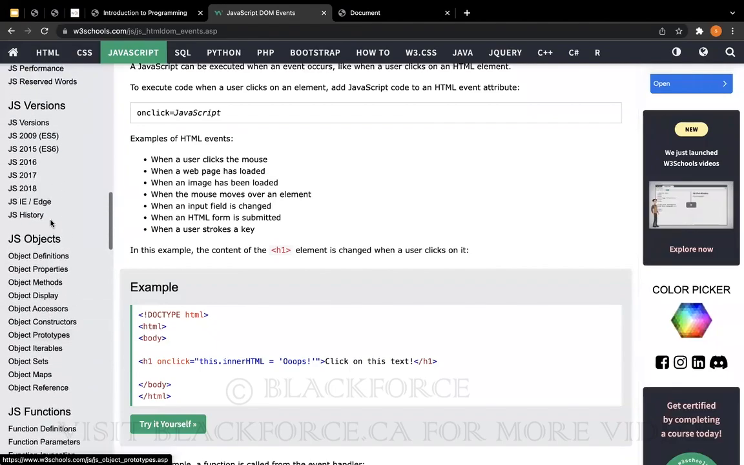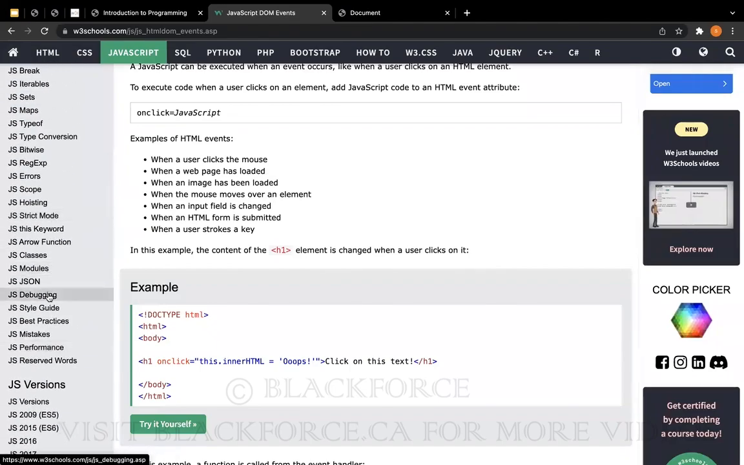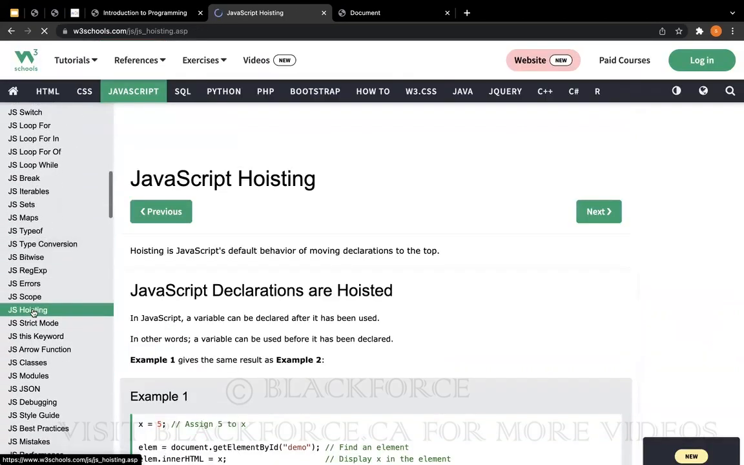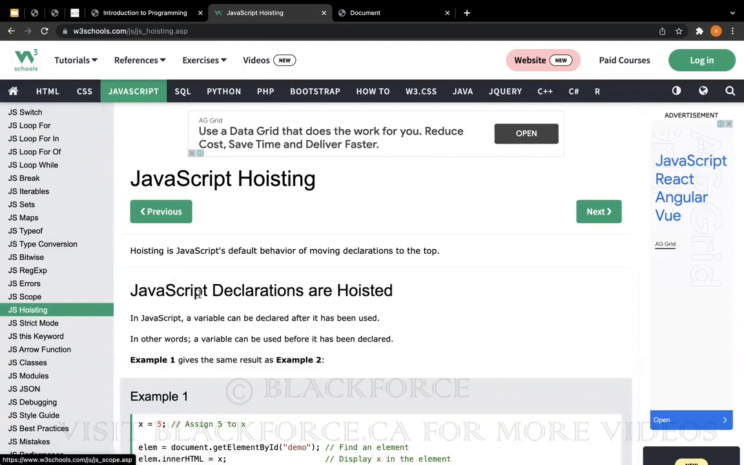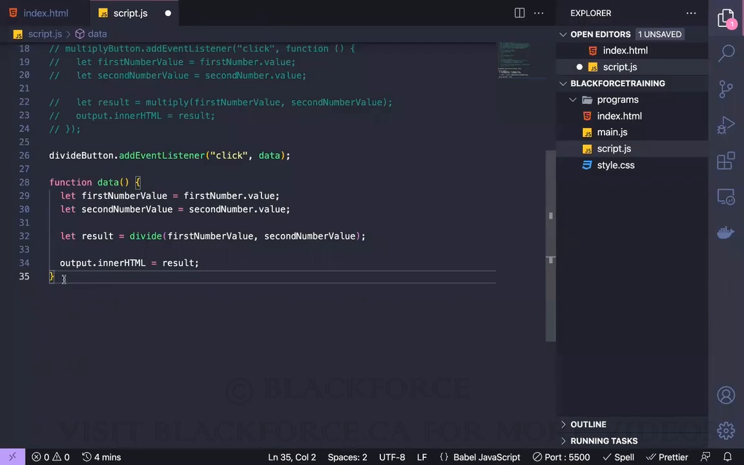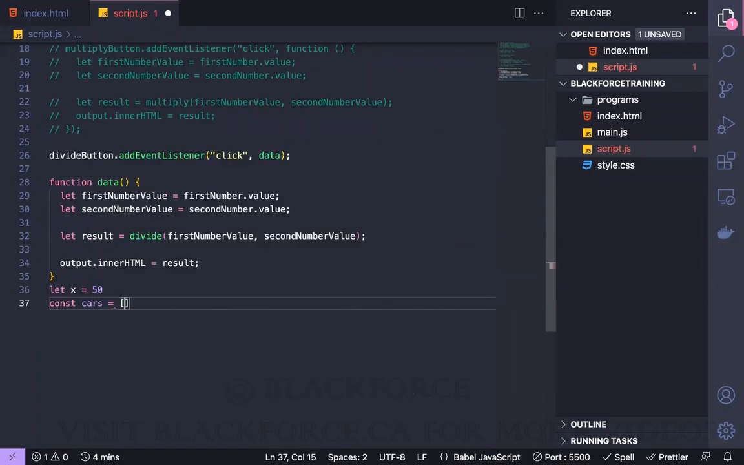Yeah, so thanks for that question. Like you said, it's a very fundamental question. So there's what we call hoisting in JavaScript. I think I didn't talk about it. It's called JavaScript hoisting. Hoisting is JavaScript's default behavior of moving declarations to the top. So if I come here, even if I declare 105 variables, let x equals 50, declare an array, const chars equals, and so on and so forth,